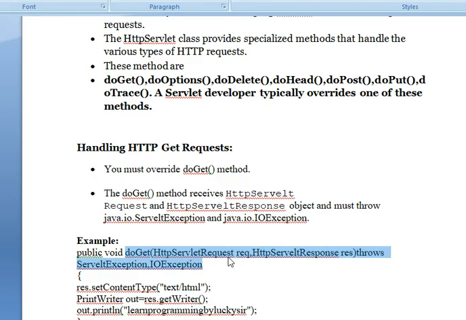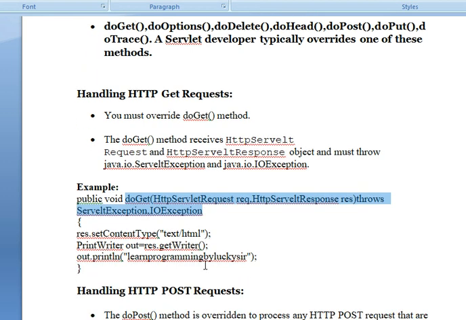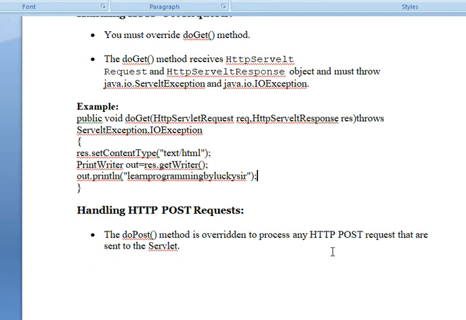You are passing the two parameters, one is HttpServletRequest and the response object, and also we are throwing the ServletException and IOException. And you can see in the body of the method also, we are setting the content type, and we are also using the getWriter method, and we are printing the output result as well.